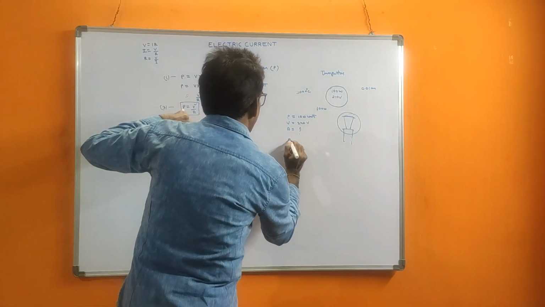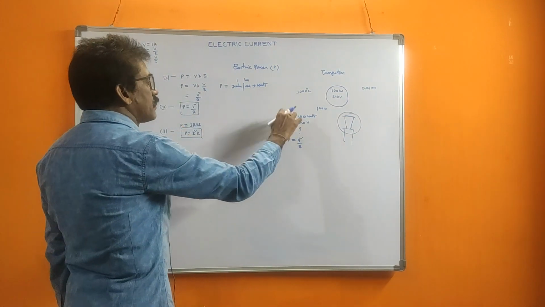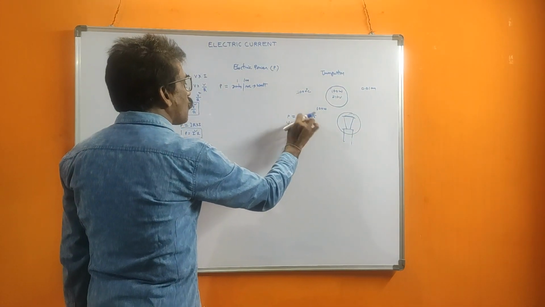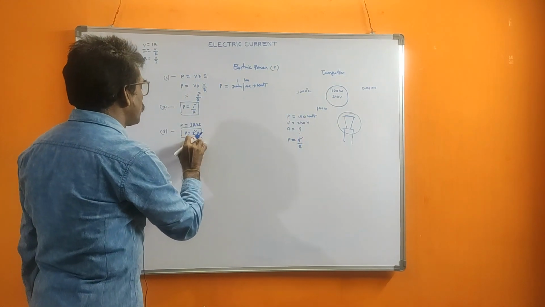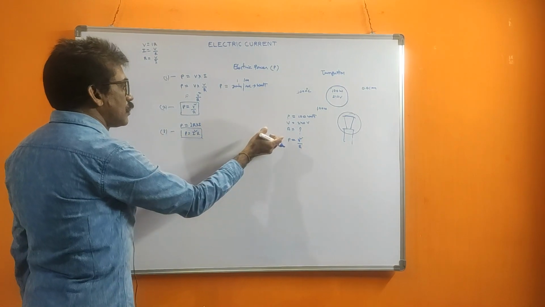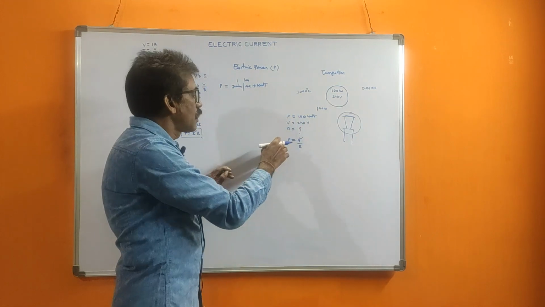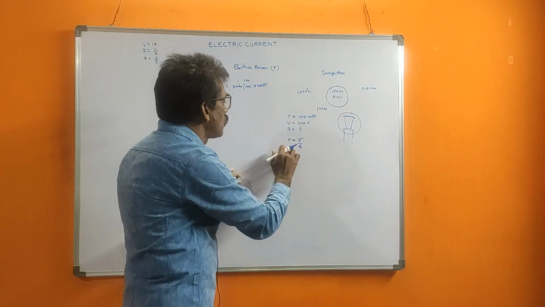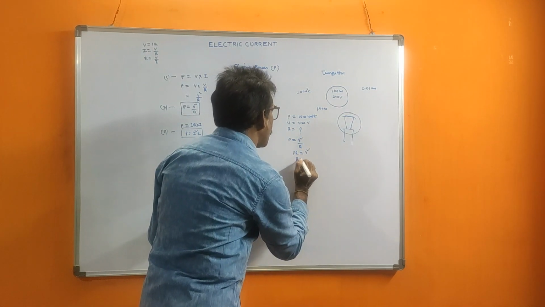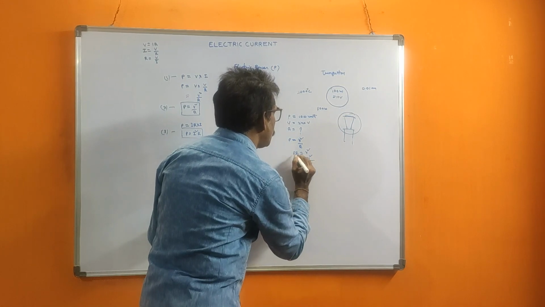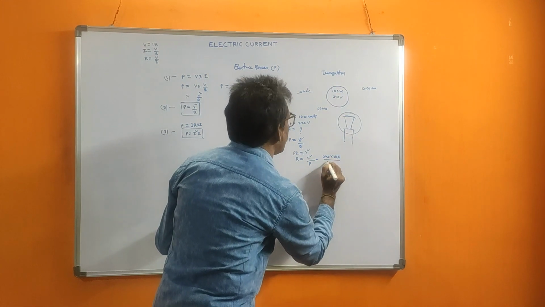We can use the formula P is equal to V square by R. That's why three formulas are there, according to the situation. Here we have voltage and wattage, so to calculate the resistance we will use this one. If you use the other one, I is not there; we use that to calculate I, because I is equal to V by R. Since we want resistance, we use P is equal to V square by R. Cross multiplying, PR is equal to V square, so R is equal to V square by P. Here V is 240 into 240 by P which is 100.